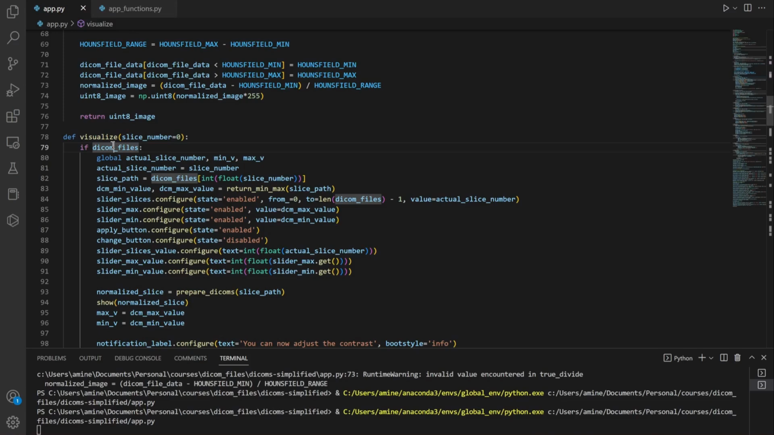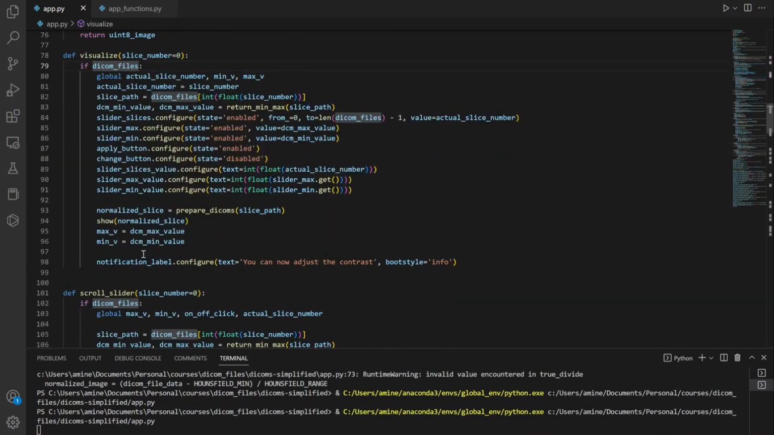So when we check that the directory contains DICOMs, then we can go to the other places. Otherwise, it cannot be used, and it will show you that you need to choose the DICOM directory first. So now, after checking this part, we need to initialize some variables, but this is not what we are going to talk about now. The exact thing that we need to see, which is the first one, is